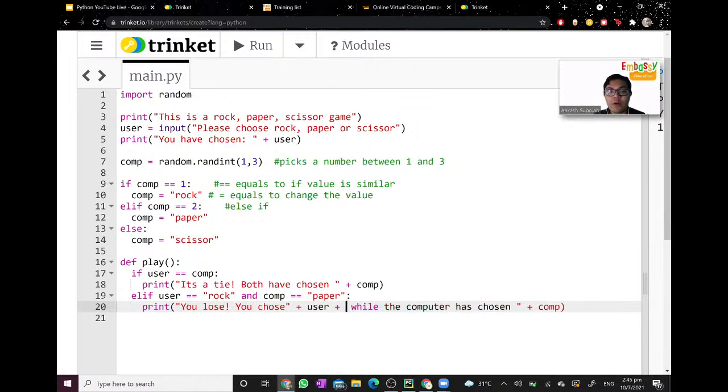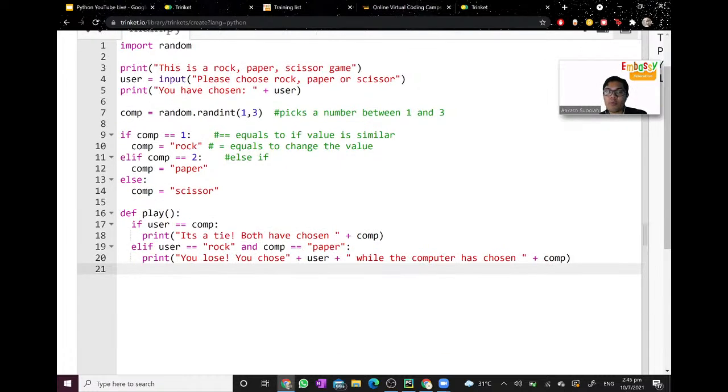You can also just write down a straight line, like you chose rock while the computer has chosen paper, in one quotation. Of course, you can do this. It's the same thing. However, it's not dynamic. It's very simple, but you still can do this. So it's up to you. This way, you just print out a set statement that means you lose. You chose rock, computer chose paper. Or you can choose to do what I did previously, where based on what you have chosen and what the computer has chosen, the print line will be changed. Okay, guys? I will use both ways, so you see that the output is almost similar.